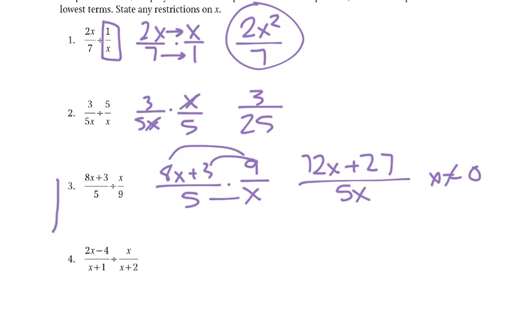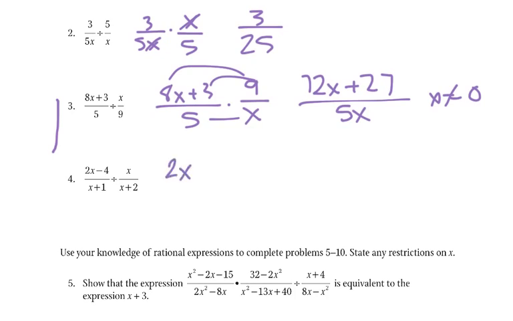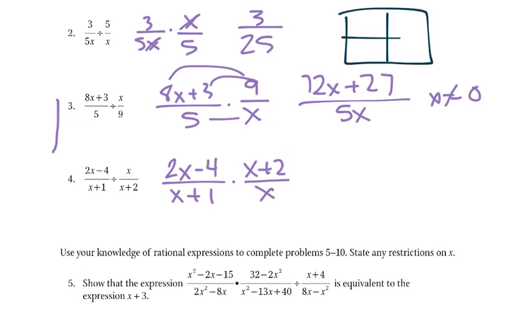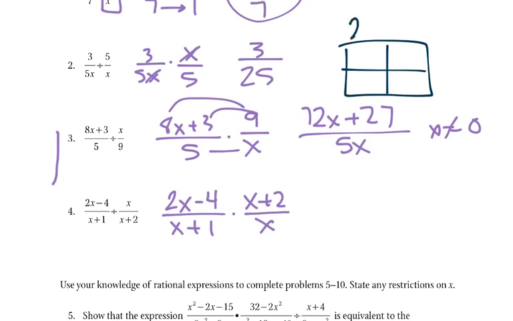Okay, number 4. So we get 2x minus 4 over x plus 1 times x plus 2 over x. Can't simplify that one at all, so we use the box-berry model for the top. 2x, negative 4, x, positive 2: 2x squared, negative 4x, 4x, and negative 8. Those two cancel, and we're left with